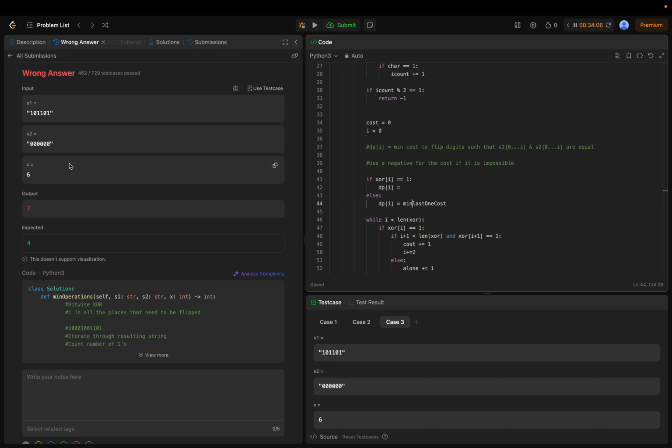Oh, you do need, wait, no, you do need to perform operations if XOR is 0, right? Because, wait, no, if XOR is 0, that means everything's fine. They're the same. So yeah, this is tentative, I'm not very sure. DPI, if XOR is equal to 1, that means there's a difference. How do I solve this difference? Well, the minimum of